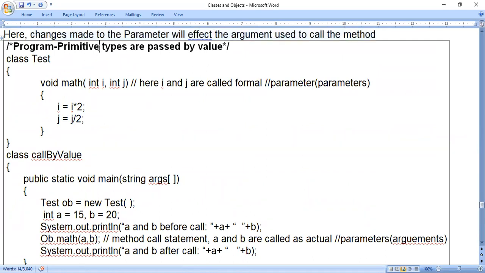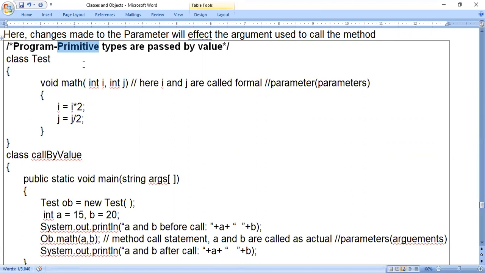See, the meaning of primitive is basic types, which come along with the programming language. In the case of Java, as we have discussed in data types and variables, we have 8 basic types, right? In integer, 4 types, in floating point, 2 types, and character and boolean. We have 8 basic types. All those 8 types of variables can be passed by value. The meaning of primitive is basic types, which are not classes and objects, like int, float, char, double, boolean.